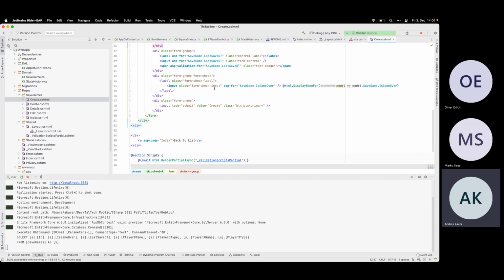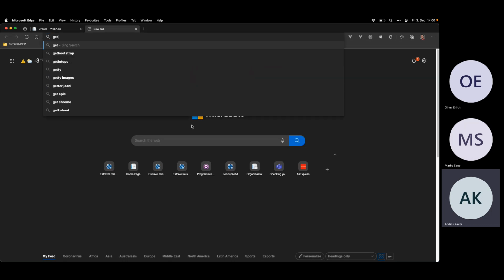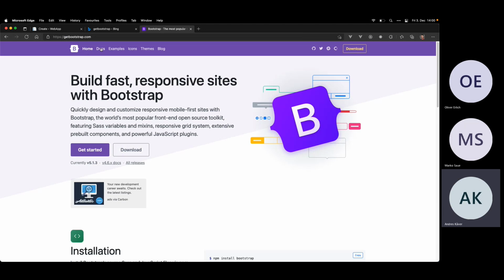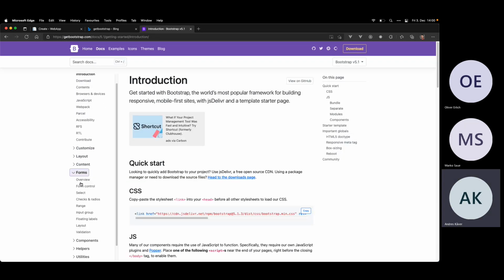Input, form check input. No. There was some kind of thing, I remember. What was with the check? There was something with the checkboxes which changed in the Bootstrap. Let's see, documents, forms, select.